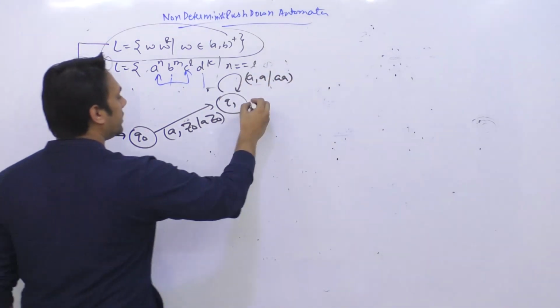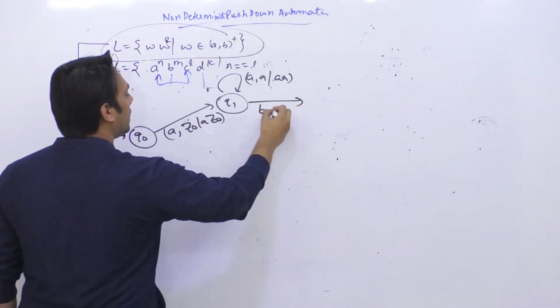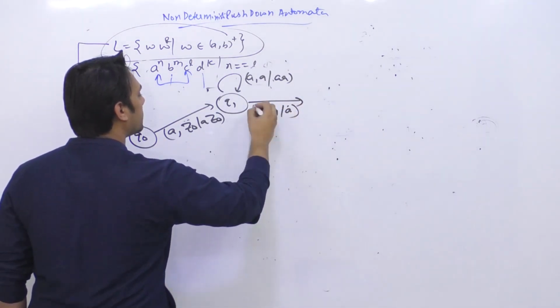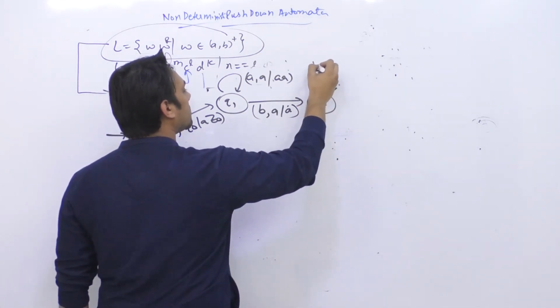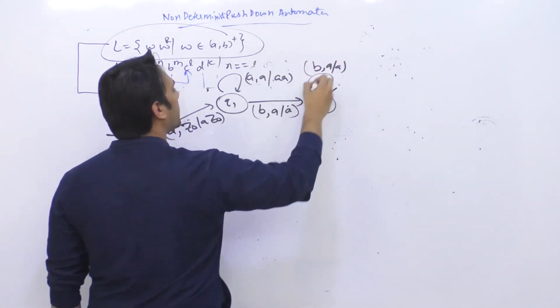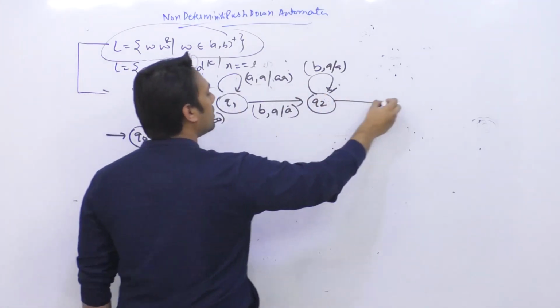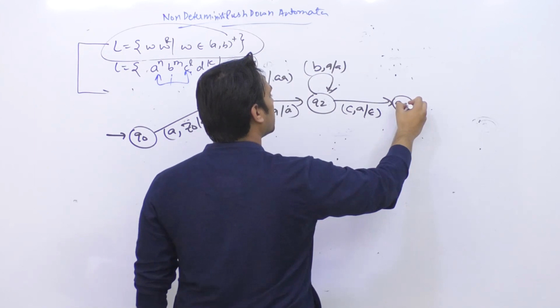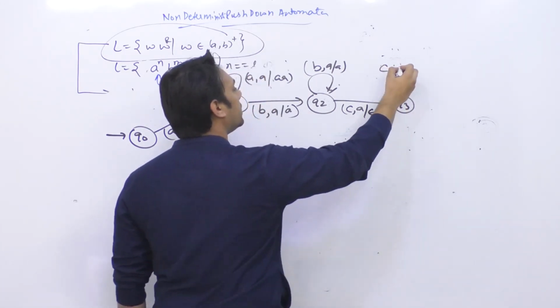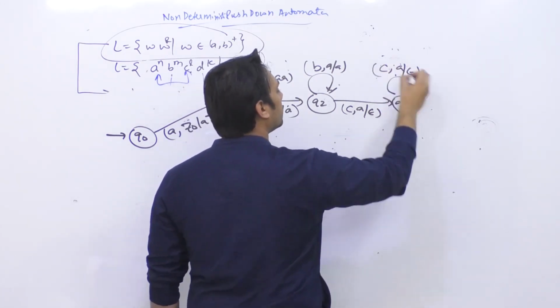Now as soon as there's a B, you will not do anything, leave A as it is, because you're not counting B. So you can have any number of B's, and you leave all the A as it is. As soon as you get a C, you compare the C with A's and remove it. You go to the state Q3, and now any number of C you get, you compare C with A and remove all of them.